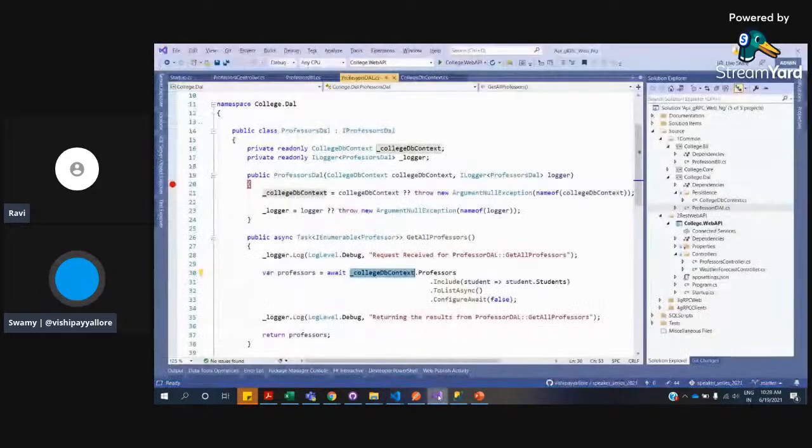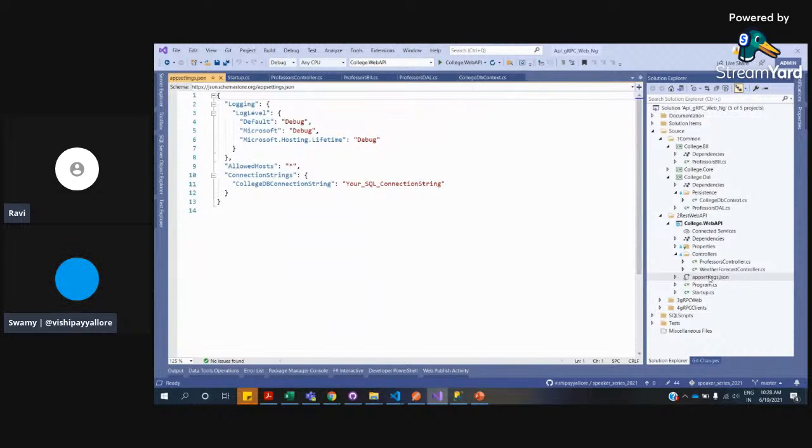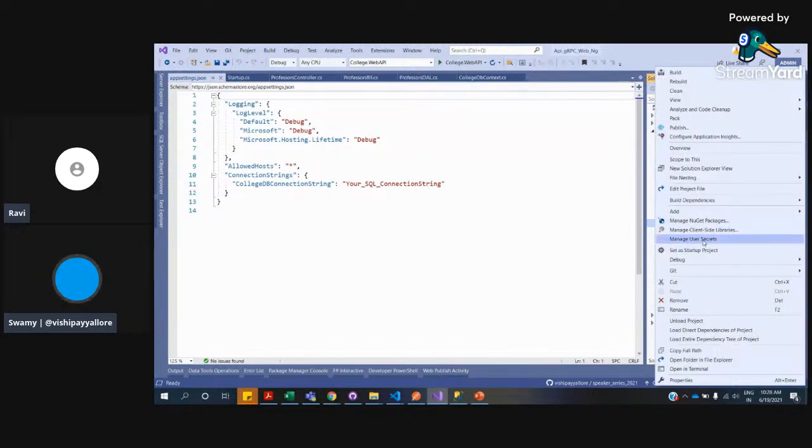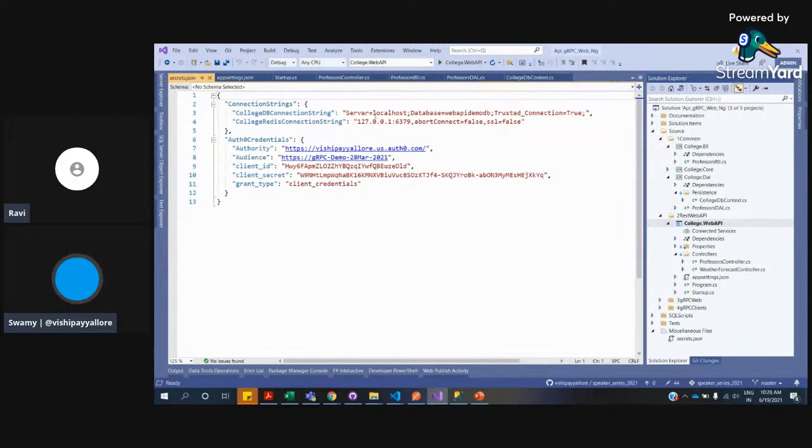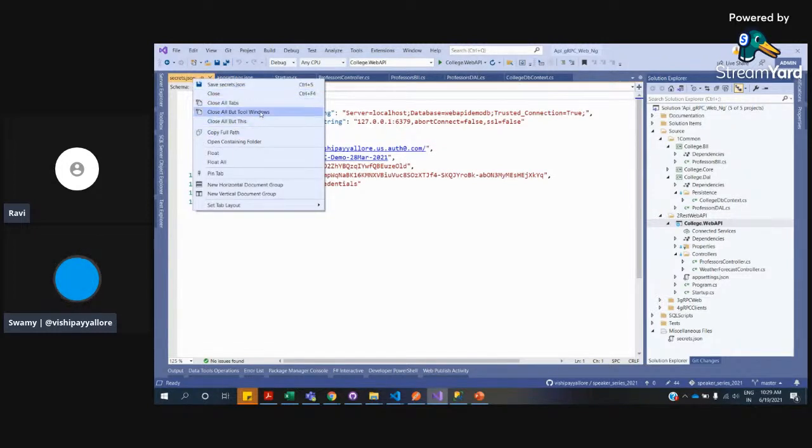In the C sharp world, we specify that as part of the app settings file. So technically, I use this kind of syntax, I don't specify what it is, I use the user secrets. What is that user secrets? If you go and see, all the connection strings, everything exists here. And if you see the path,